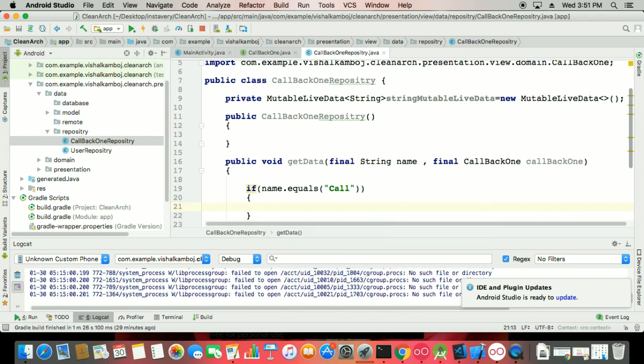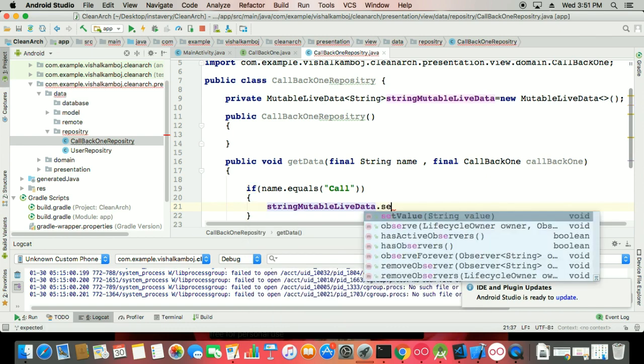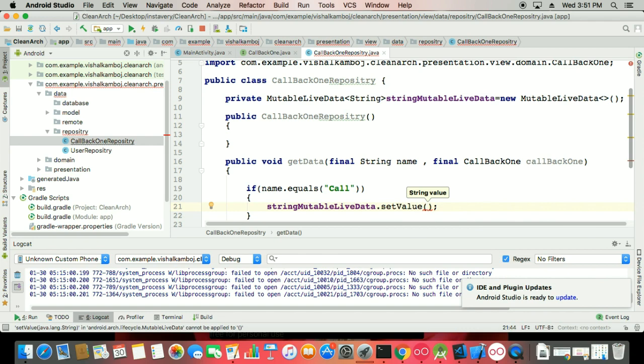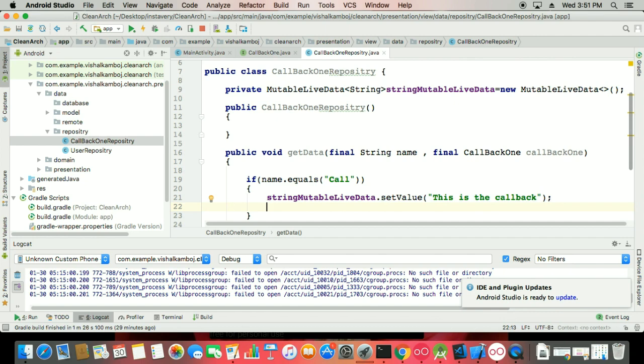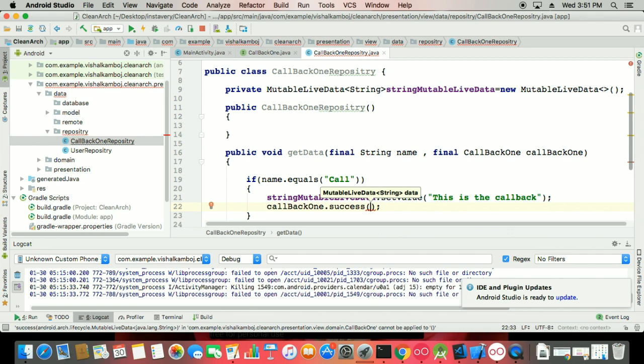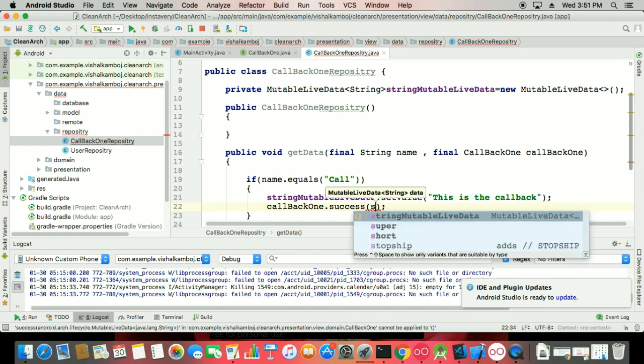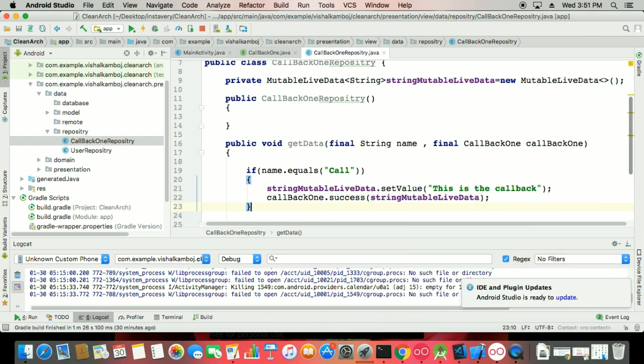No, because you have to set the data. So what to do, stringMutableData dot setValue, set values. Okay, and this is the callback. And here I'm using callback 1 dot success. So you can see that whenever we get the success, it calls the method back. So this is your callback. That means if it is a success, I'm saying that this is a string MutableLiveData. We worked here. Else,